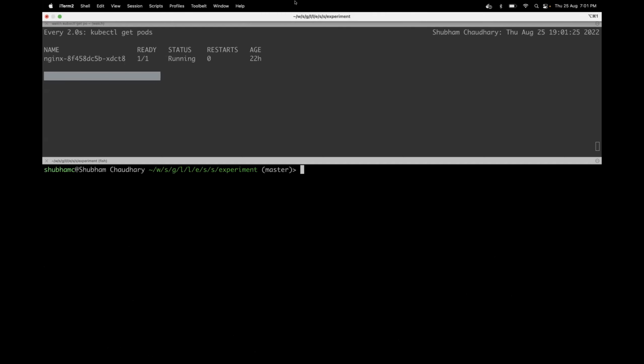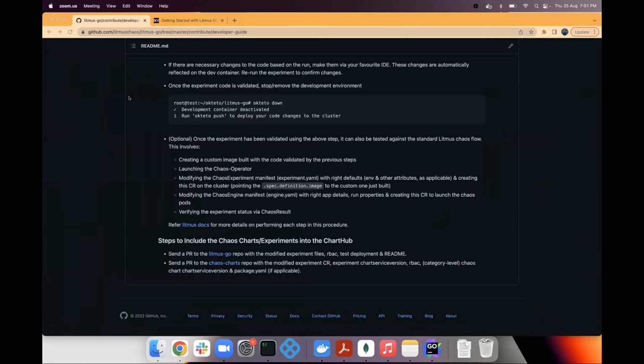Okay, sure. How many pods does it create and delete? What are the pods it creates and deletes? Can you repeat that? Let's say I have one target pod, Nginx, but while you run the experiment, what are the pods it creates and then deletes? One is the helper, one is the experiment. So two pods. For the experiment execution part, it needs two pods.